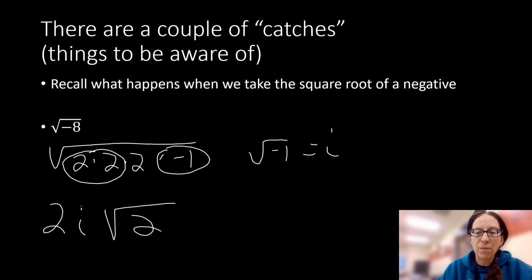And I just want you to remember and notice that we do end up with an i in there. So when you're taking the square root of a negative, that's when those i's pop. So what does this mean if you're taking a root of something higher than a square root? What about a cube root or a fourth root or a fifth root? Do you still end up with those i's? So let's take a look at